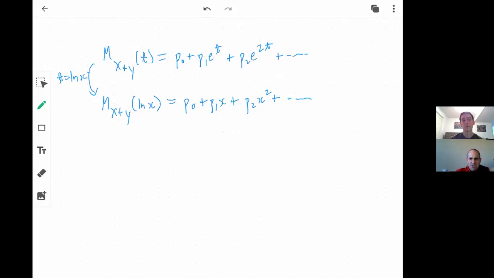One thing that kind of makes me nervous is you want to take the limit as x goes to 0 from the right of this, because technically plugging x equal to 0 into the logarithm is not allowed. Right? But watch this. If I take the derivative with respect to x of this thing,